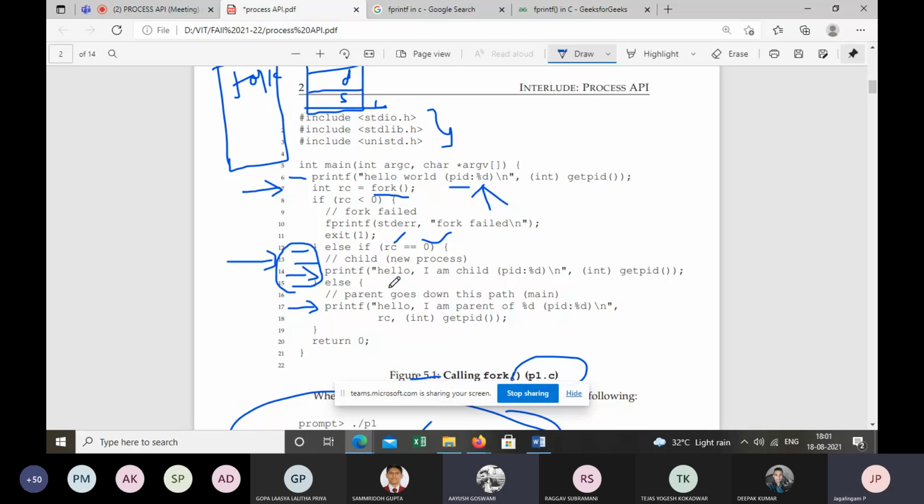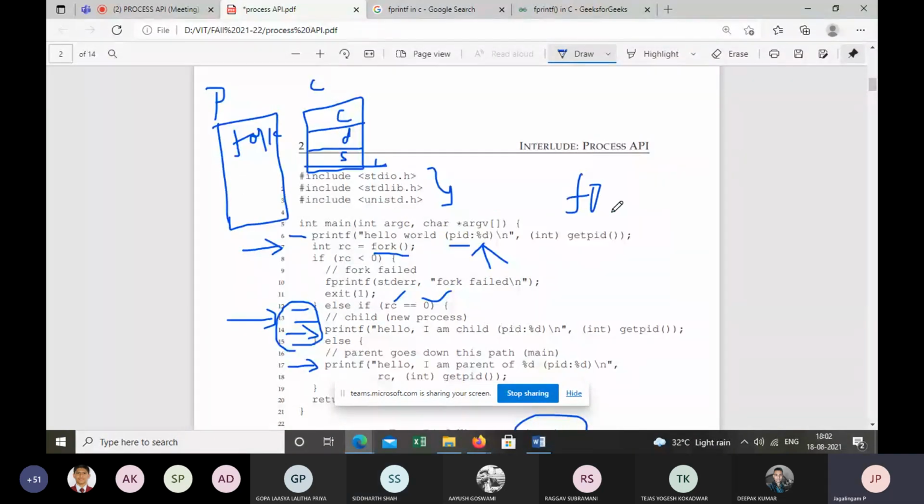The fork function is to create a process, to create a new child process.